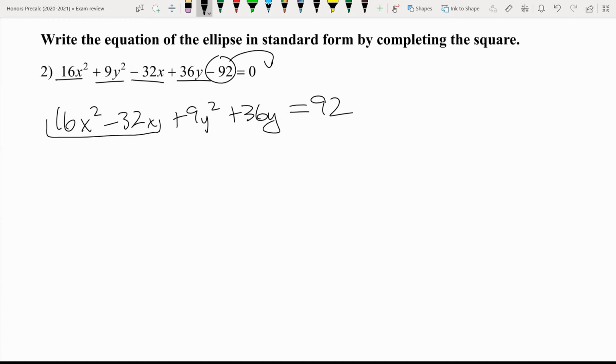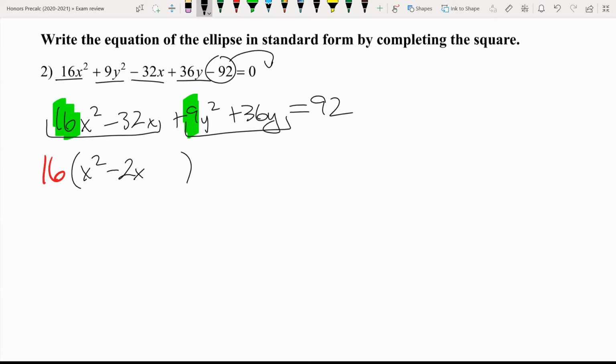You're going to group these together individually, but you only want to factor a number off of this. We don't want anything out here in front of the squared term, so the x squared and the y squared. So I'm going to factor that off of just the x's and just the y's. So that means on this one I'm factoring off a 16 and end up with x squared minus 2x left